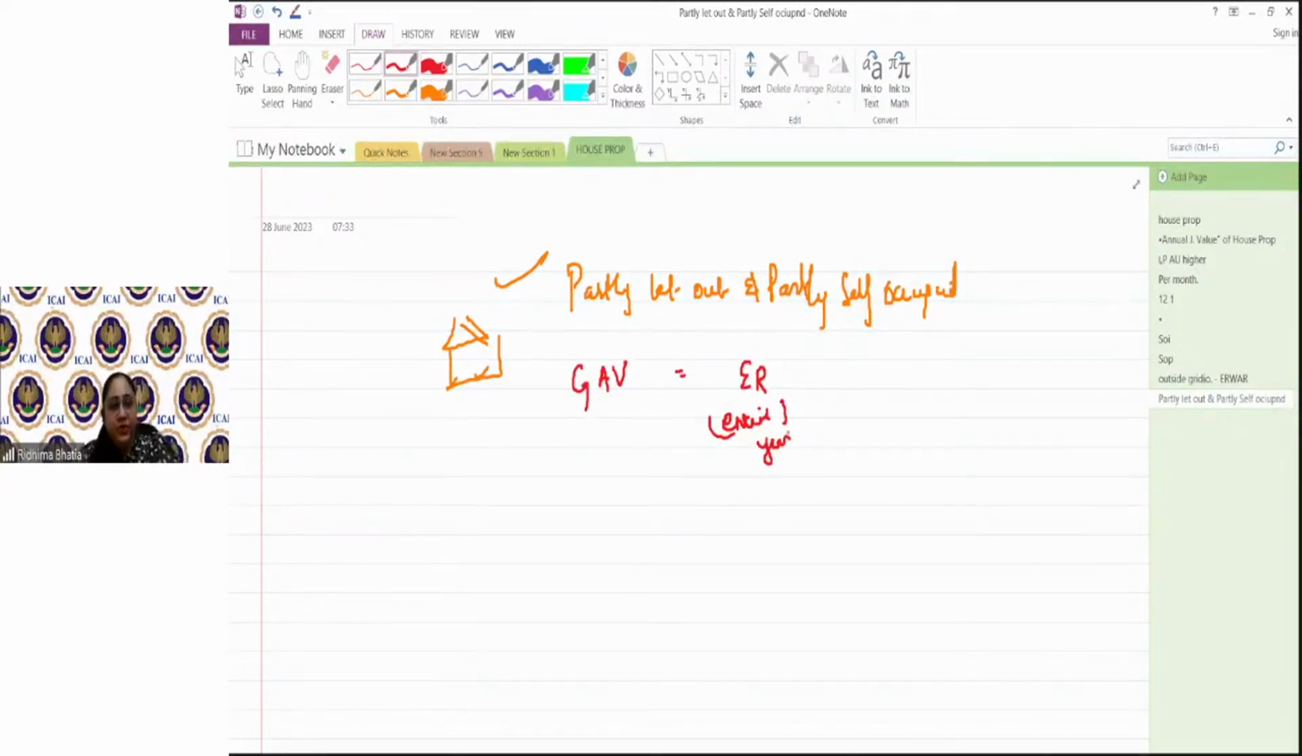That means municipal valuation, fair market value, and standard rent for the entire year; taking the higher and lower, you come to the expected rent, and you will take the actual rent received or receivable for that let out period. So for example, my expected rent comes to 15,000 per month, and my actual rent for the let out period was only 7 months, and it was let out at a rate of, say, 17,000. So you will take expected rent for the entire year,